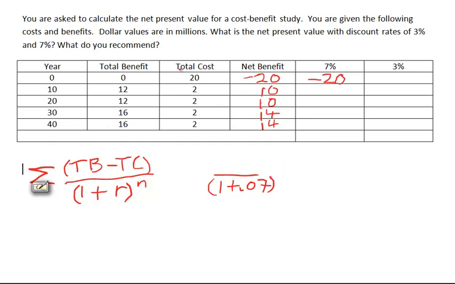So let's change the next one. We have 10, so 10 goes up on top. Year is 10. So if I take $10 million divided by 1 plus 0.07 raised to the 10th power, I calculate that it's about 5.08. And since it's a positive number,